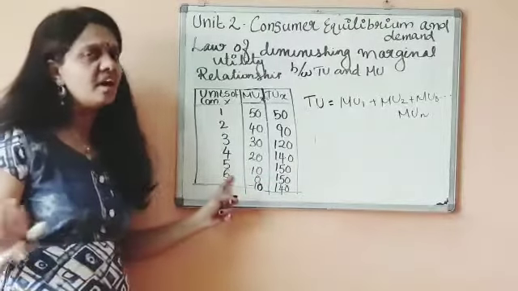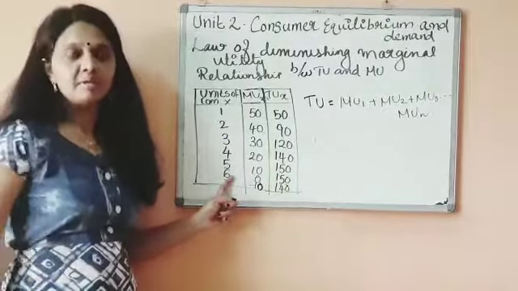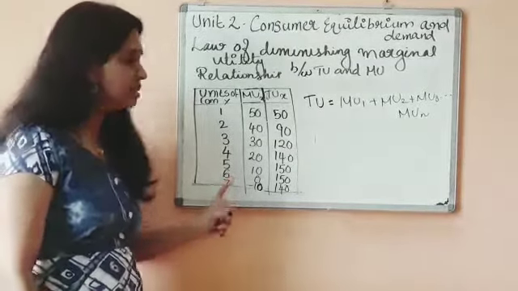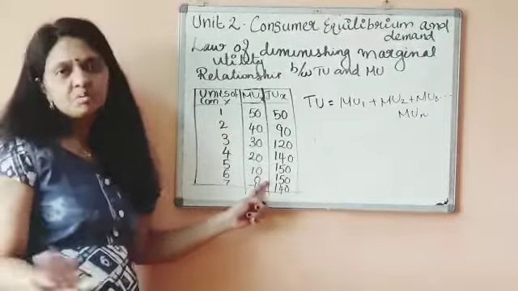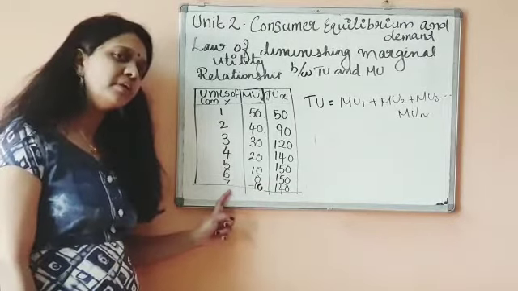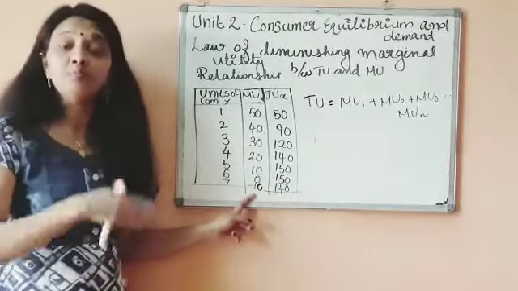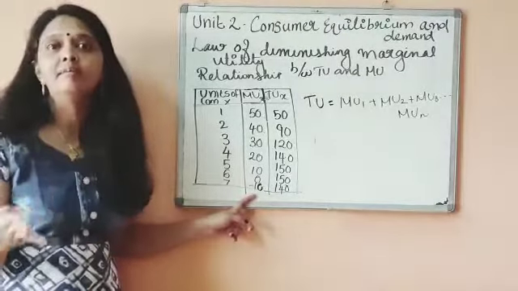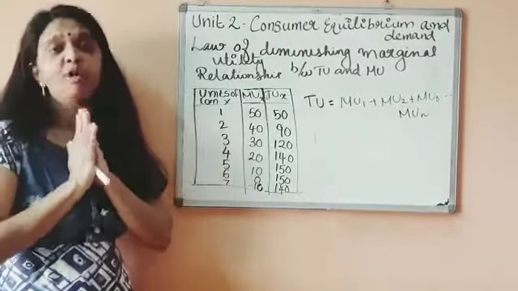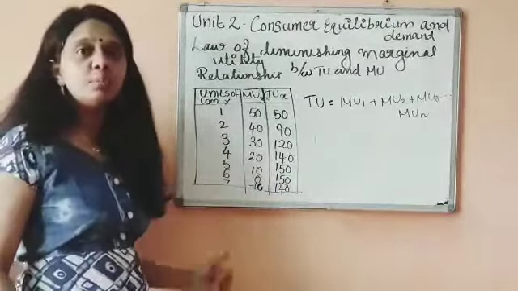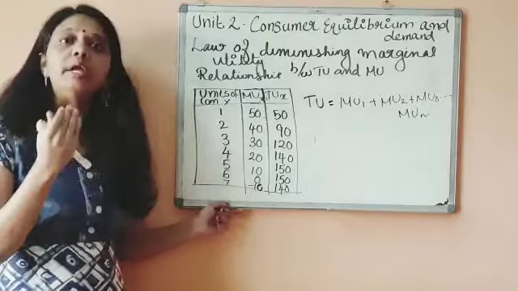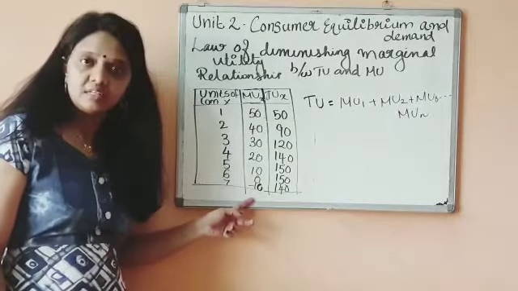Sixth chapati, "Enough Mama, enough," you will tell your mother. So what will your mother say? You are very hungry, so I made one more, you eat. Then you ate one more. No satisfaction. Again Mama told you, one more. What will happen? It will become negative, minus 10. You don't want chapati at all, Mama, enough. But still Mama is giving you chapati and you ate it. So it became negative.